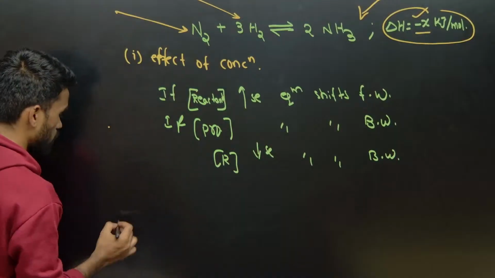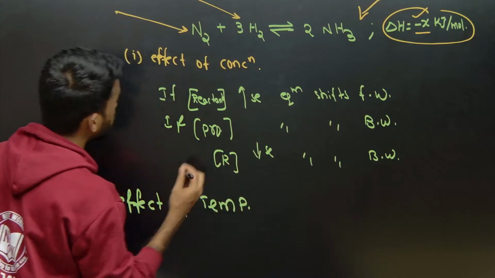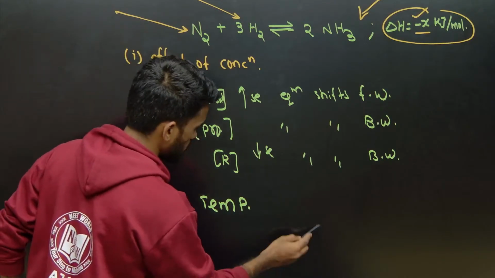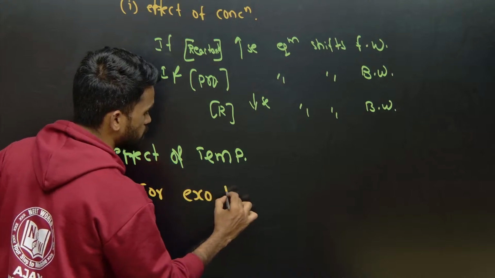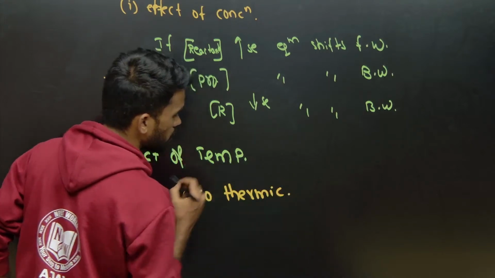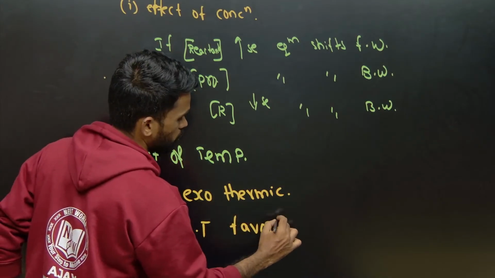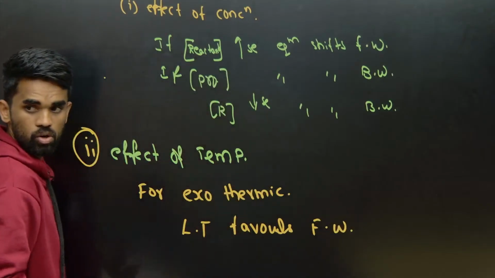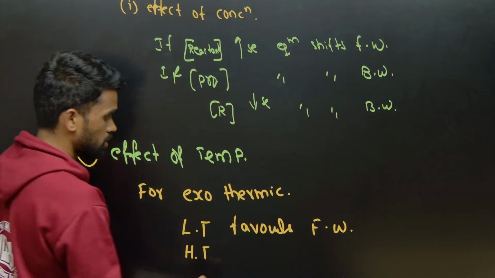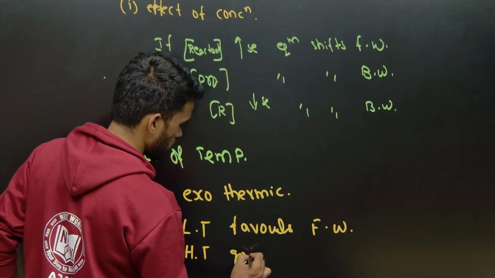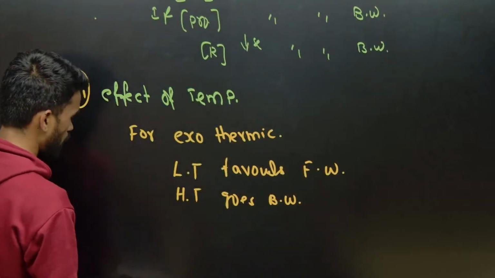So tell me the effect of temperature, the second factor here. There are two types of reactions. For exothermic, first you tell me: low temperature favors forward, whereas for exothermic, if I increase the temperature, what happens? The equilibrium goes backward. And for endothermic,